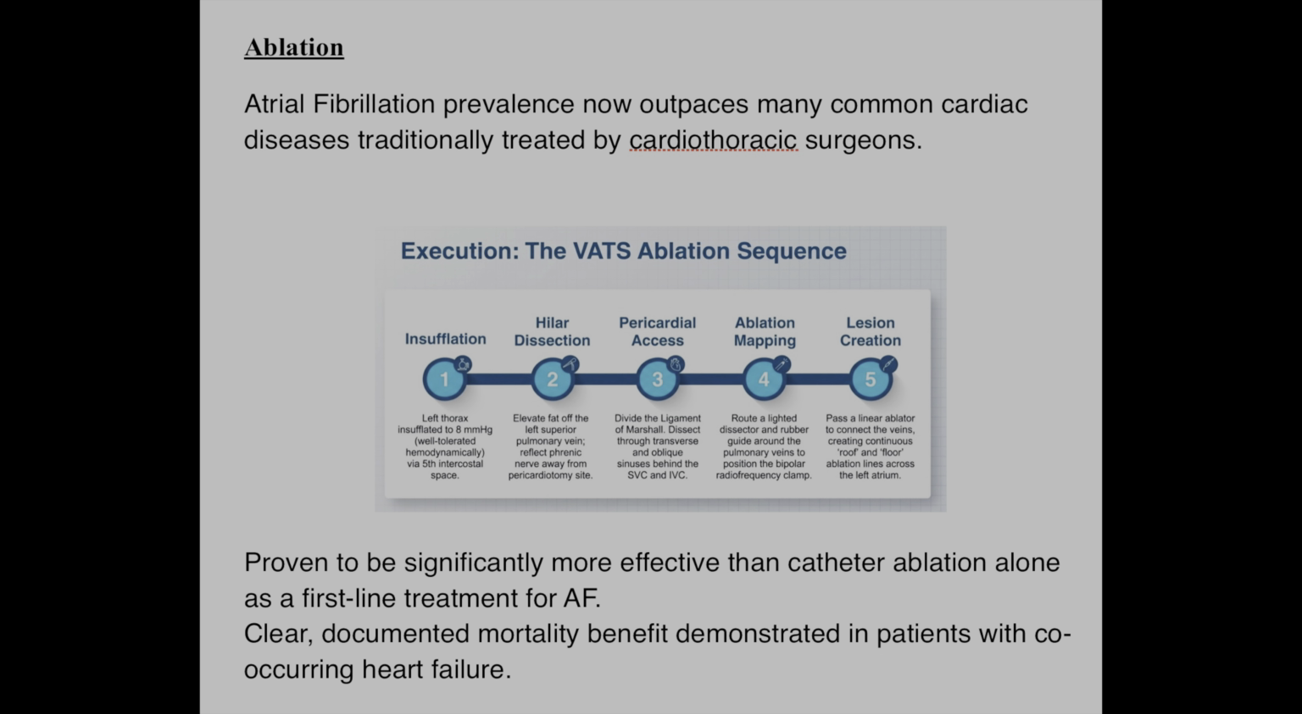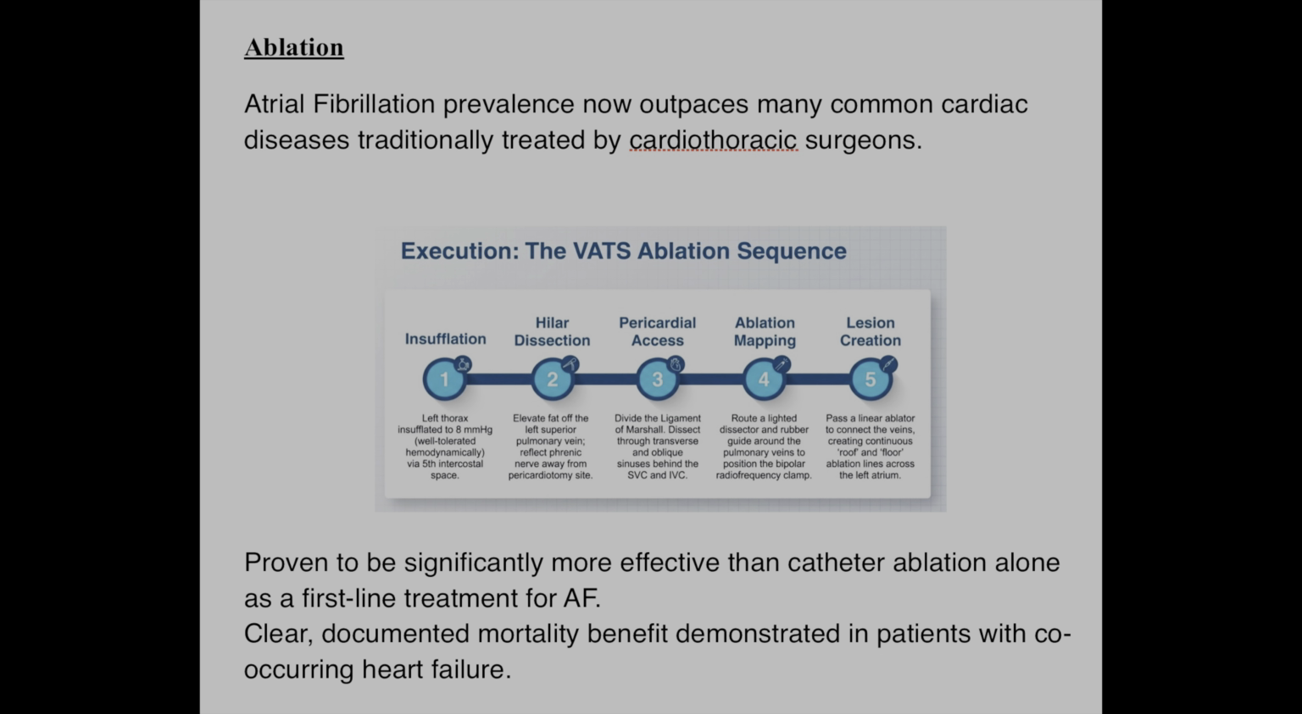In the VATS, the sequence is insufflation. The left thorax is insufflated to 8 mmHg, well tolerated hemodynamically, via the fifth intercostal space. Then the hilar dissection: elevate fat off the left superior pulmonary vein, reflect the phrenic nerve away from the pericardiotomy site. The pericardial access divides the ligament of Marshall, dissects through the transverse and oblique sinuses behind the superior vena cava